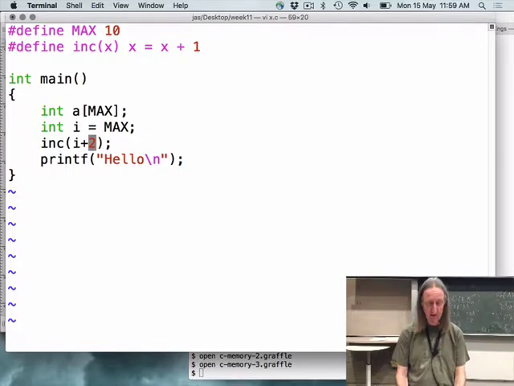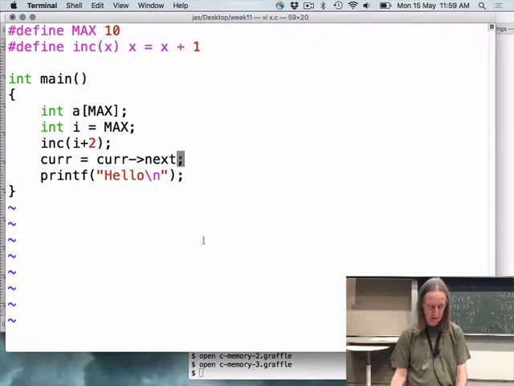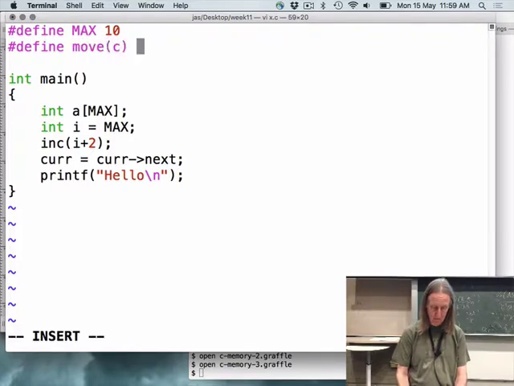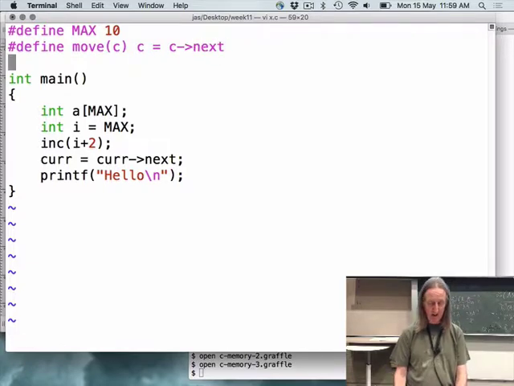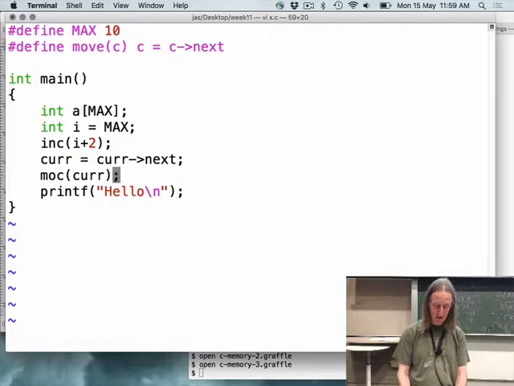Where's the context? Oh, if we're chaining along a linked list, you know how we always have to do code. Then you can do something, you can define. And then rather than writing current equals current next, you can write move current.